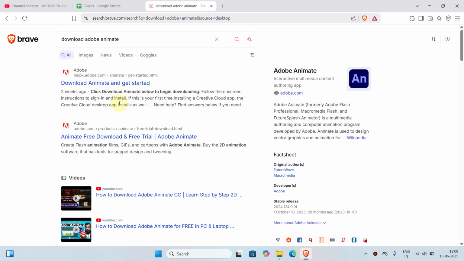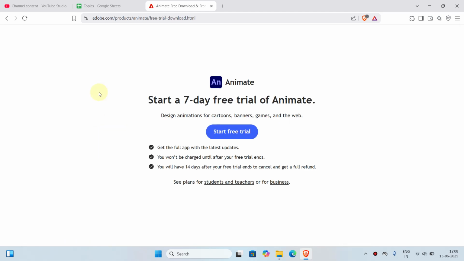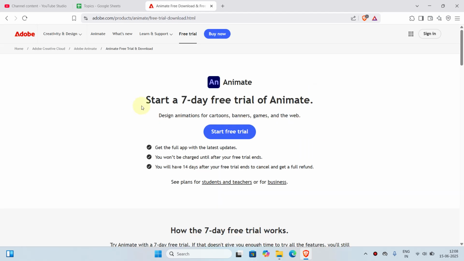We can see the first option, not this one. This is help.adobe.com. We're gonna skip that one, and you can see this adobe.com product site. We'll have to choose this one, and now it'll ask to start a 7-day free trial of Animate. What you'll have to do is click on Start Free Trial,